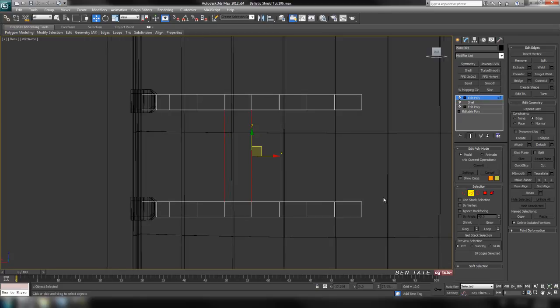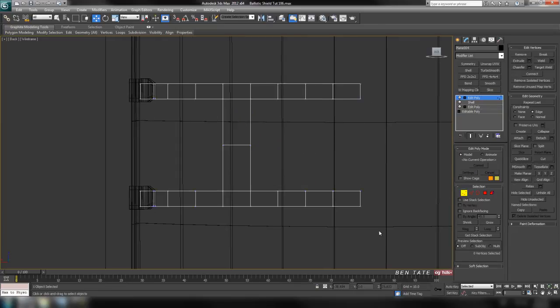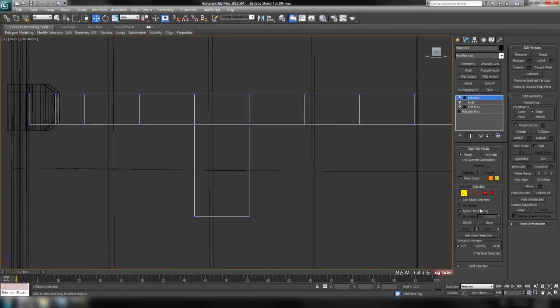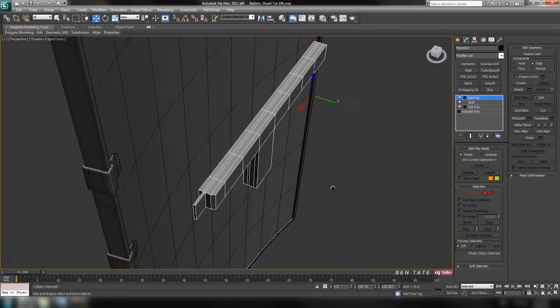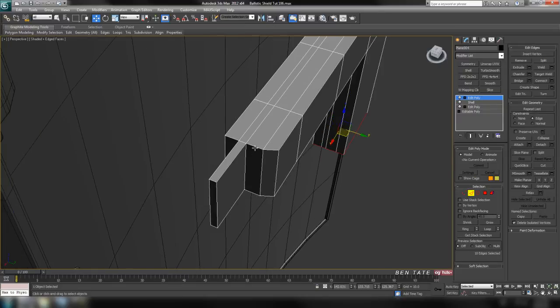Make sure you have ignore back facing turned off, and we'll just do a connect on that with one segment for now, with no pinch and no slide. Alright, and then back to vertex, grab the bottom verts here, and we'll delete those out. And this will be a little bit easier for us just to work on one small piece at a time here. Alright, so now we'll zoom back in here, go back to edge, and let's just grab this edge right here,